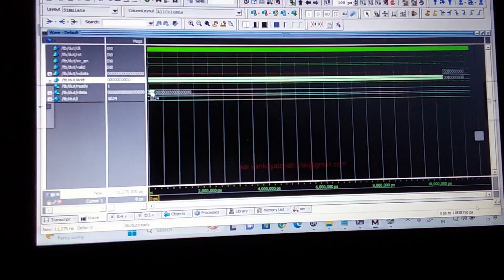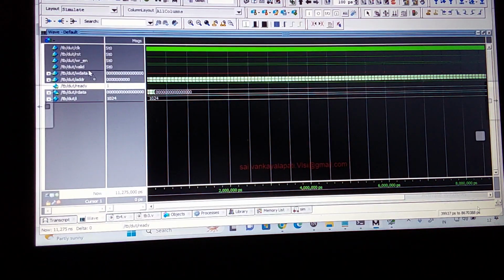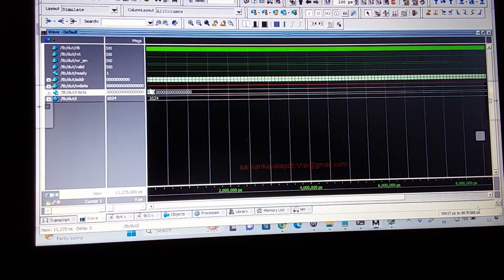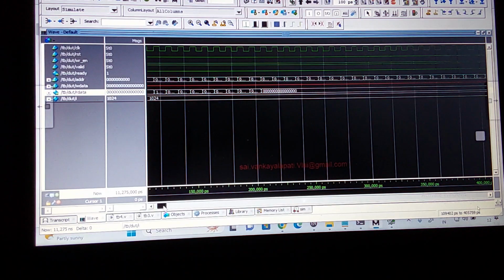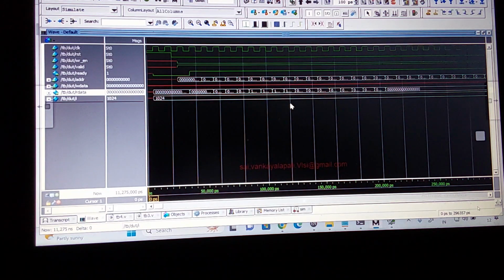Now it is happening here. You can see this is your ready signal. This is your write, this is your address, this is your write data. This one is read data, so read data is happening here. This is a backdoor write. Now, front door read: this is a read happening here. You can see this is a read, and our data is here. I understand. This is the third case.